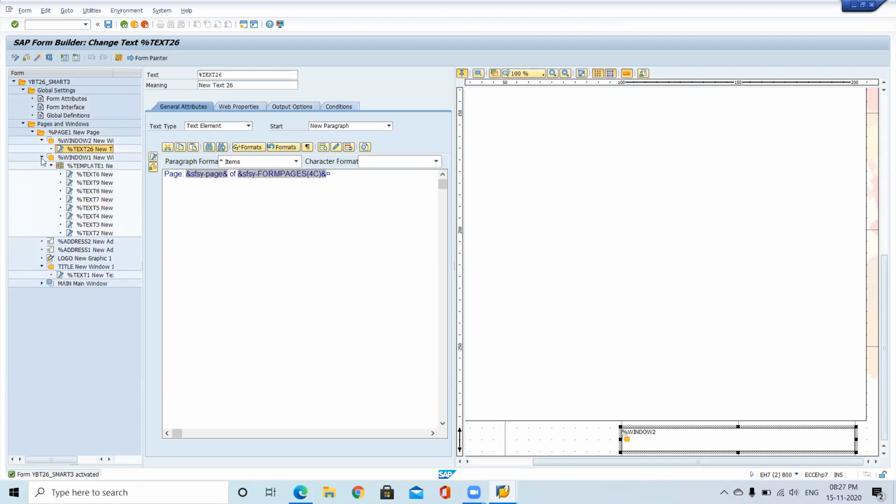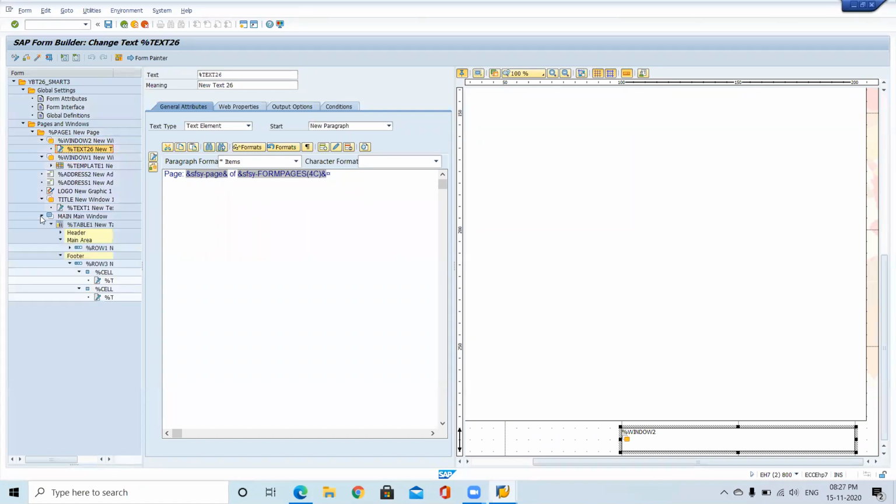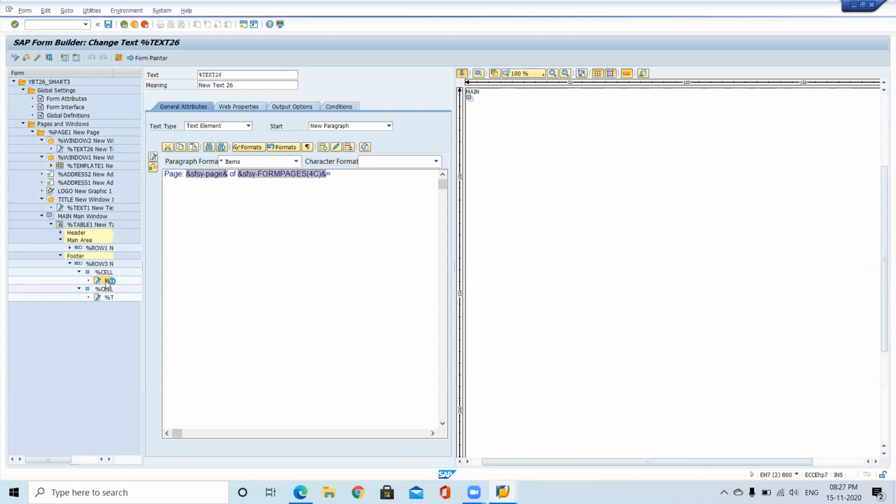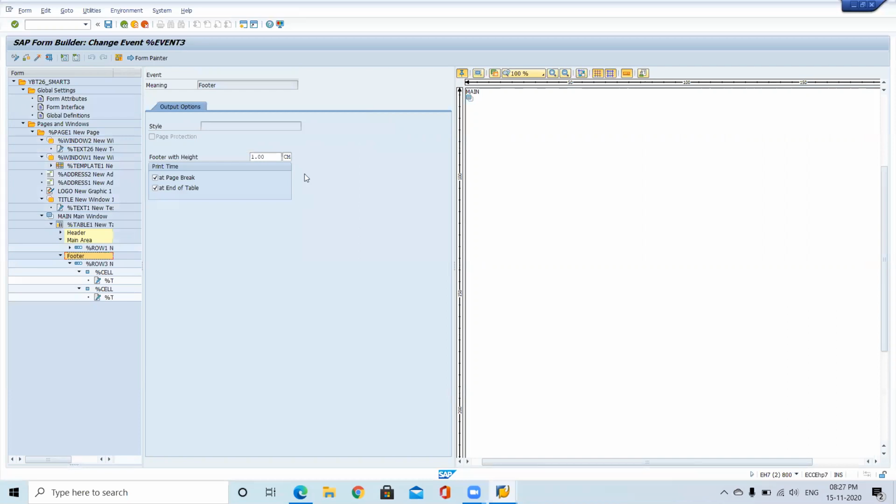So where we are having that approved by, not in the template. So in the main page, here in the footer, we are doing all these activities. Okay. Here in the footer, go to footer. Here we are having an option.